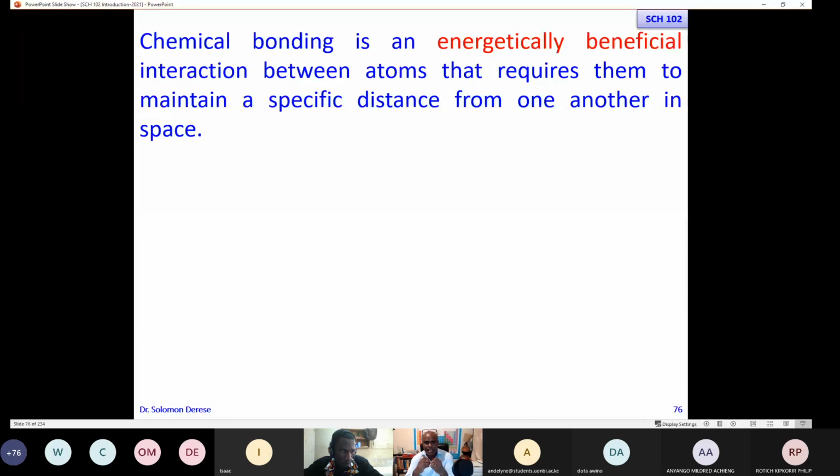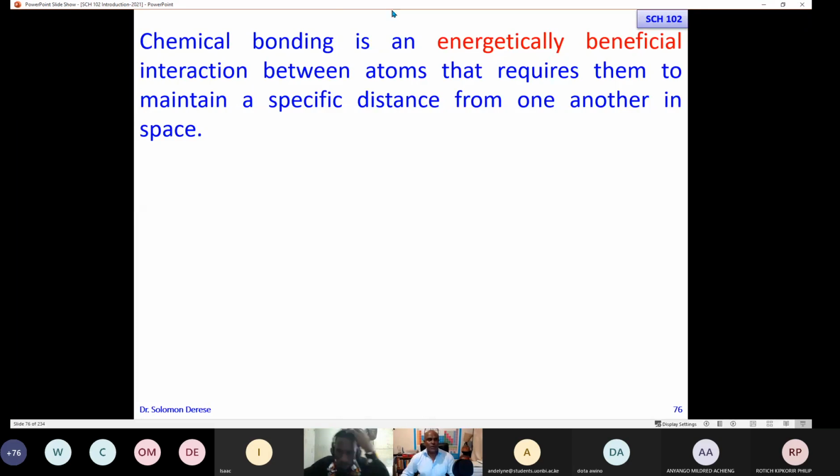They will be keeping a certain distance from each other. The reason being, in addition to this attractive force, there is also a repulsive force. The nucleus of one atom will pull the nucleus of the other. The electron of one atom will pull the electrons of the other atom. As a result, they will reach a certain distance where the repulsive and the attractive forces are going to balance